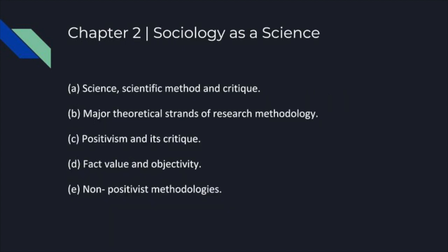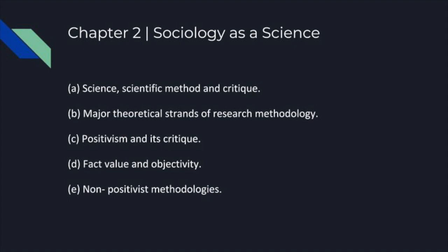Then we come to chapter 2. So this chapter is better understood after you know the history of sociology, right, which is chapter 3. In chapter 2, it says sociology is a science, but we'll be doing everything, right? Why sociology is a science, why sociology is not a science, why science thinks it is a science, and why science itself is not a science, right? It's somewhat funny, you'll say.